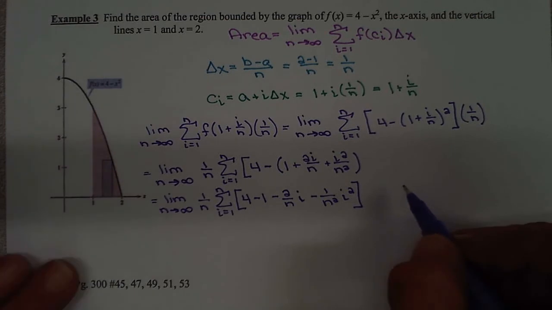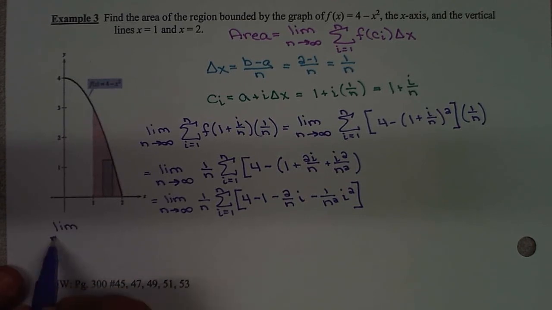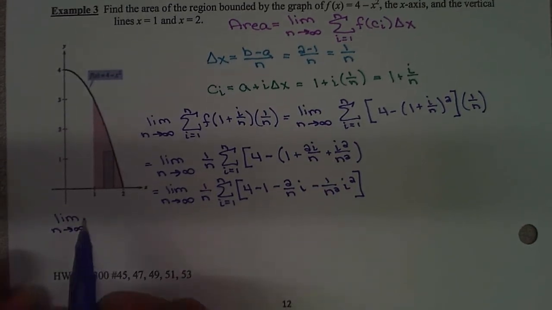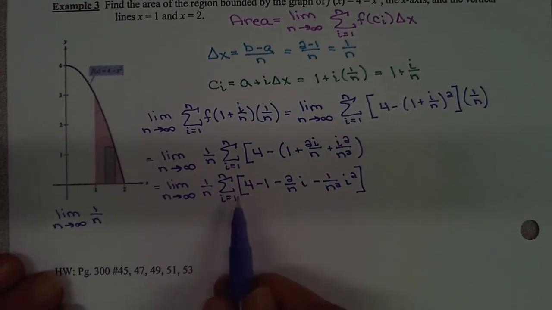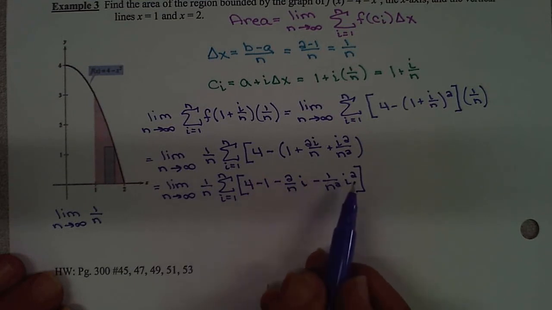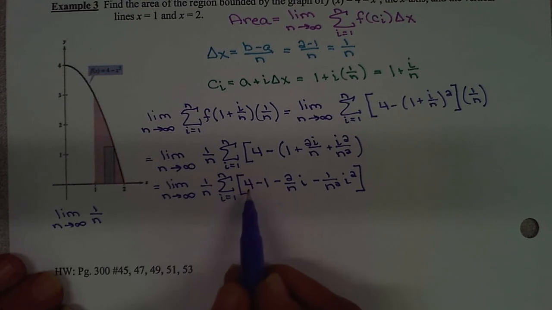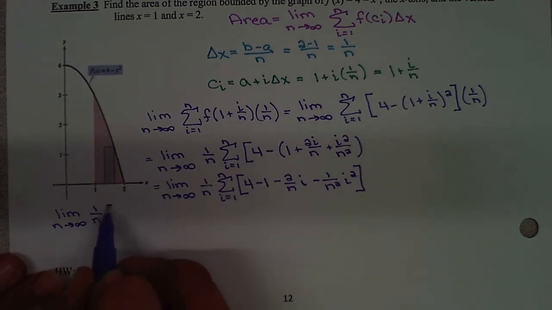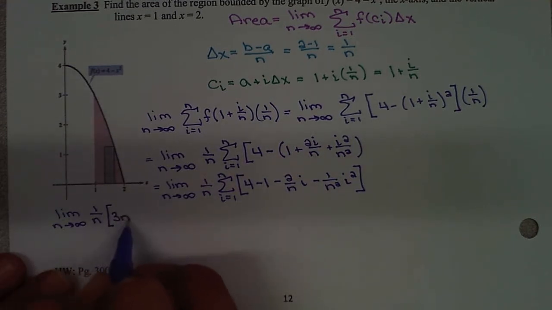So I'm going to start a new line because it's kind of lengthy. We want now the limit as n goes to infinity of 1 over n. No longer do we have a summation, because when we plug in from our formulas, we've evaluated with this sum. So the 4 minus 1 is going to make a 3. And the constant rule is you just multiply by an n. So that's just going to be a 3n. Then I'm going to have a minus 2 over